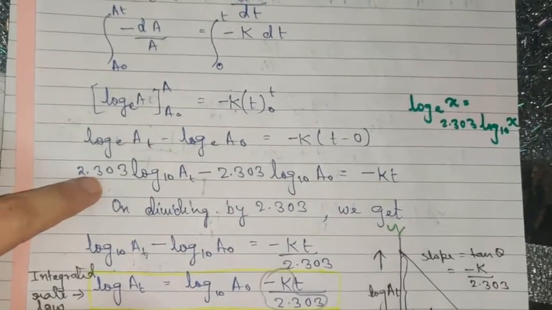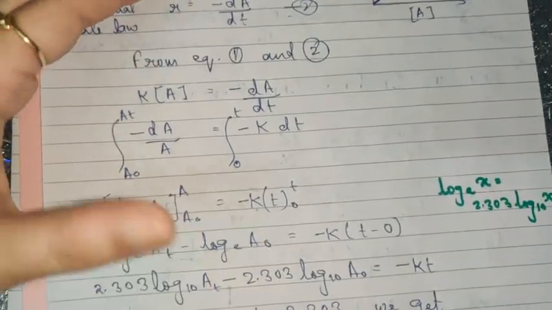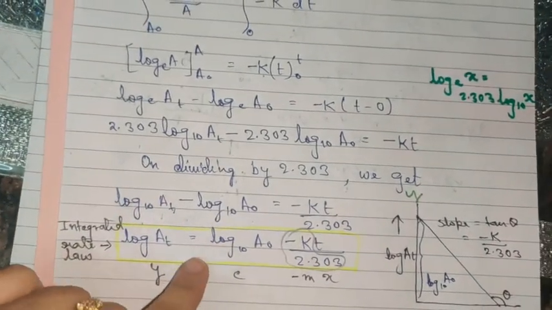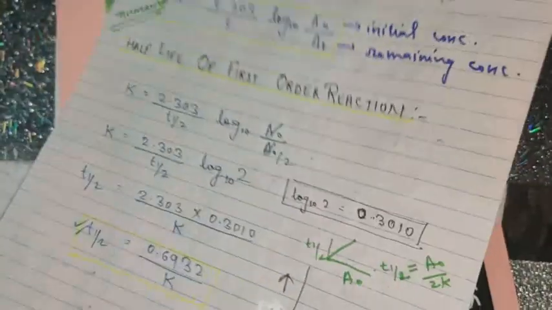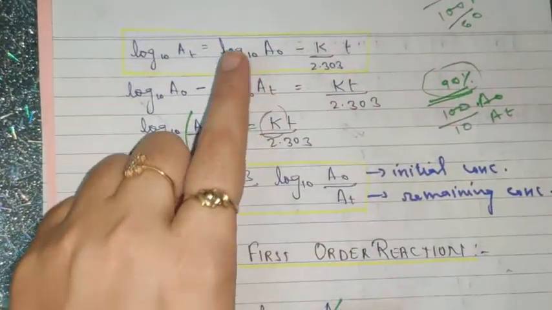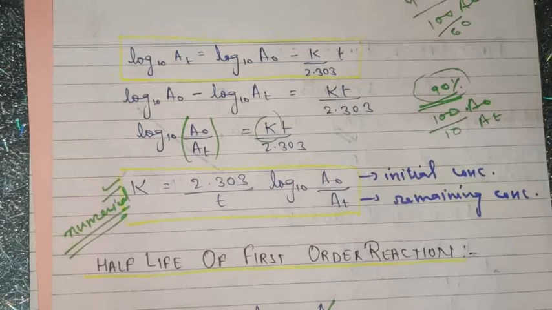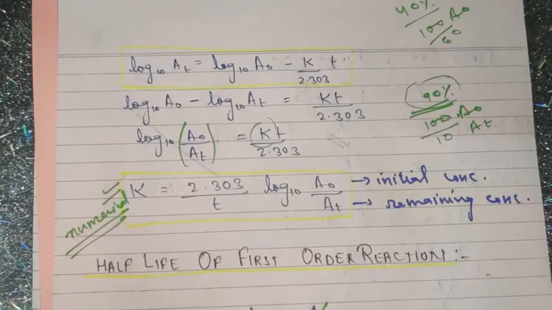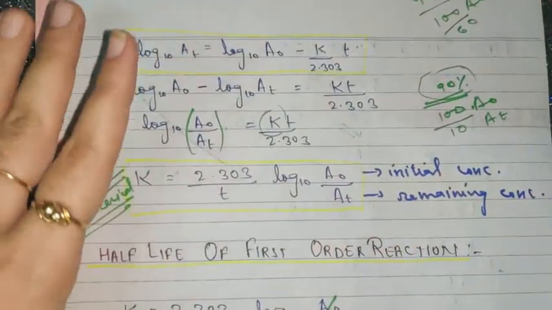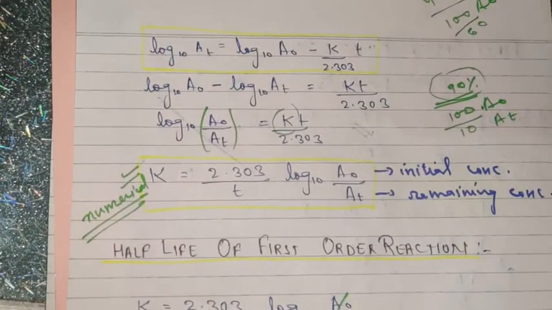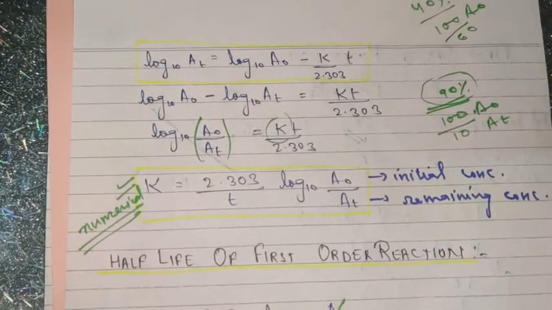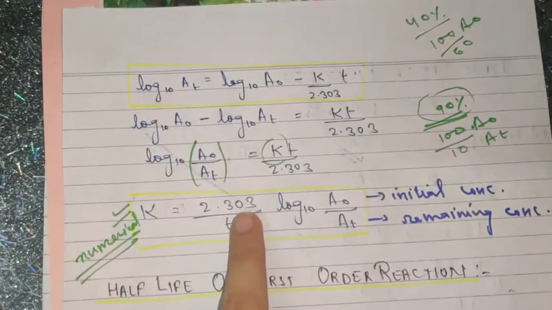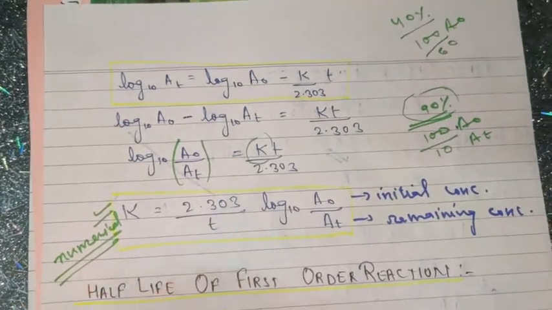Okay, remember this, children. And if you cannot understand this derivation part, please, children, at least remember this expression, the graph, and this. Again I am telling you, in your board examination you don't get any derivation. In chemistry, like physics, you do not get any derivations. In physics you get derivations, I think, but in chemistry you won't get any derivations. You will only be getting the application of the derivations. That means you will be getting numericals, where you will need to apply the formula and substitute the values in the formula to reach the answer.